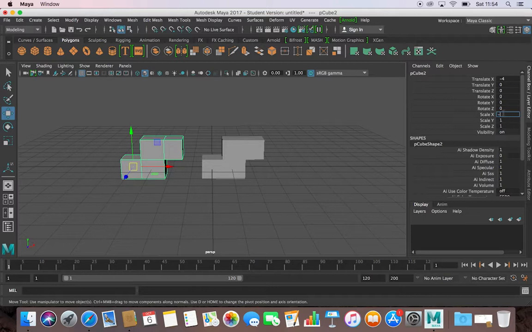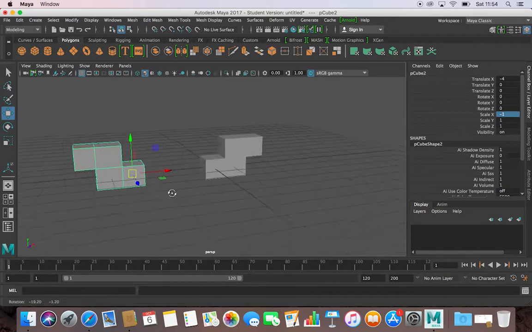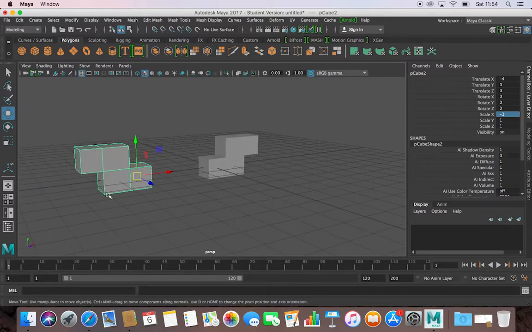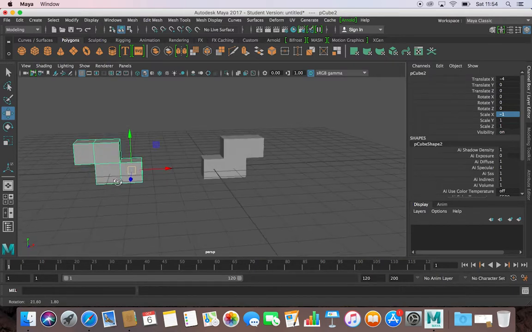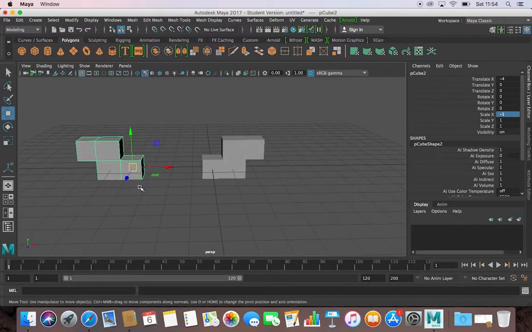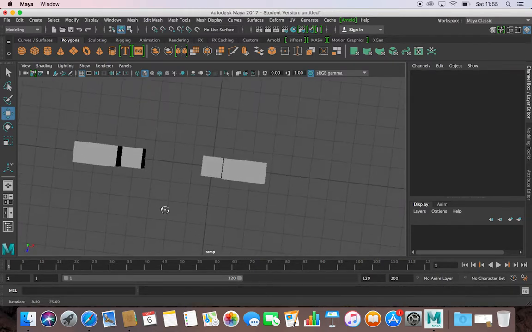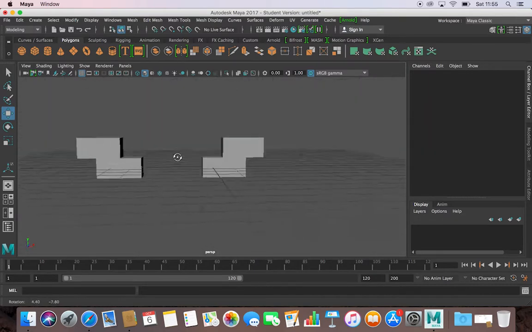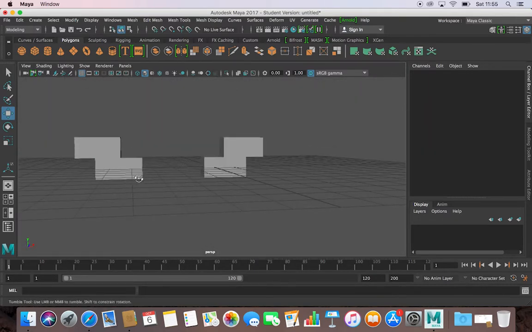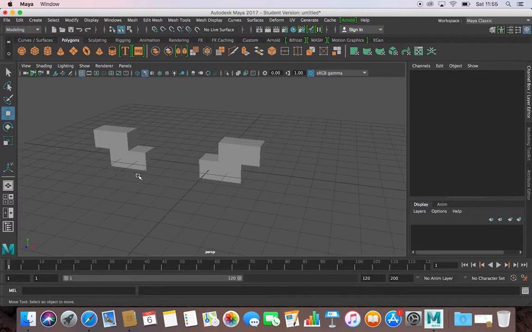So if I type -1 and hit enter, we now have that exact object with all of its irregularities that I've created, within the size of this cube versus this cube. But it's perfectly mirrored, and it's also perfectly in line with this other object, and we haven't moved it in either the y or the z axis. We've only moved it across in the